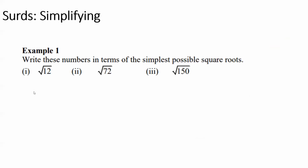As we work through, I'm going to attempt to write on these. These numbers are surds, already in surd form, but we're looking for the simplest possible form. So we are simplifying our surds. It'll be good to write these down as I work through them, but of course you can go back onto this as I am recording as well. I have these questions already written out on the next slide, so if my writing goes horribly wrong...